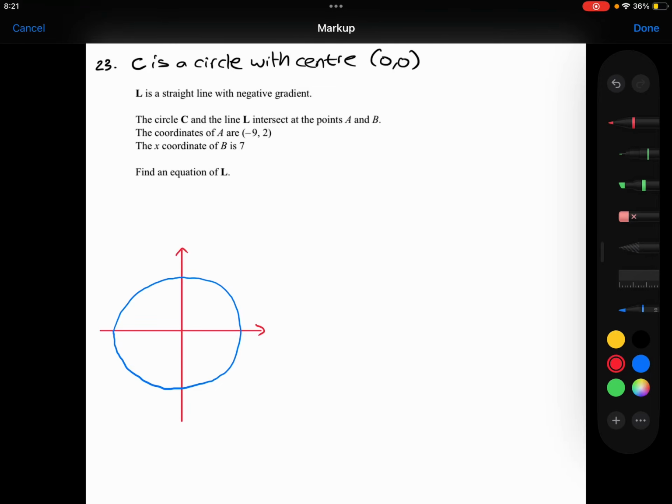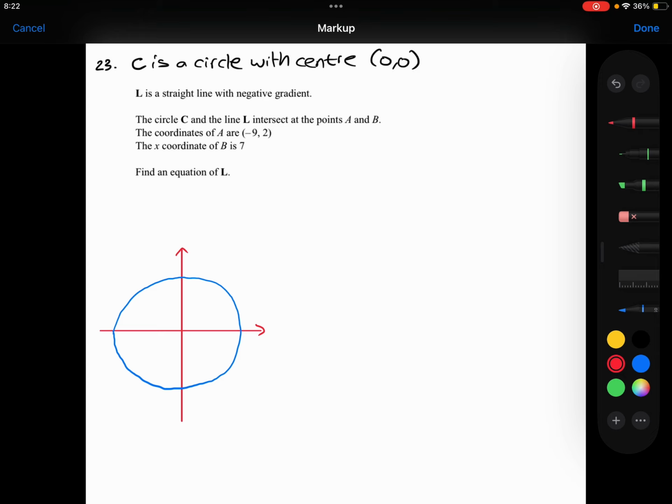We've got a circle with centre 0, 0. We've got a straight line with negative gradients. We're told that they intersect at A and B. We've been given the coordinates of A and the x-coordinate of B, and we need to work out the equation of the line. Now, I've already started drawing a little sketch of this situation just to help me picture what's